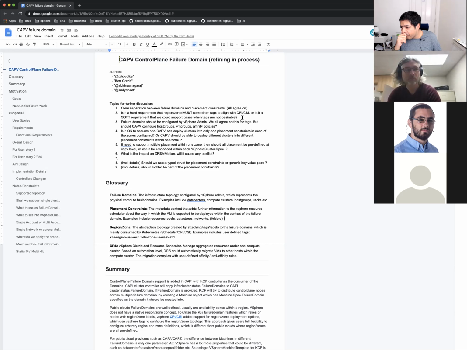That way, we can also achieve the goal that the failure domain comes from one single source, the tags. But at the same time, that brings other concerns. For example, it means the cloud credential that CAPV is currently using needs to have the permission to configure your host groups, which may not be available for all the different use cases that we want to cover.